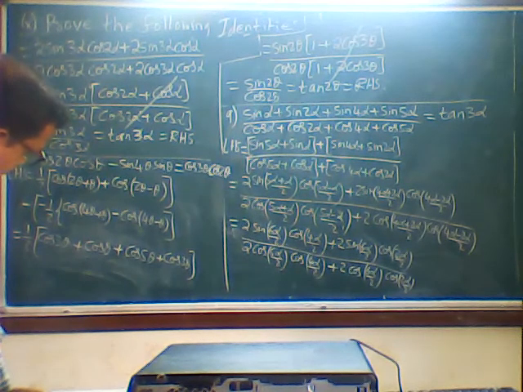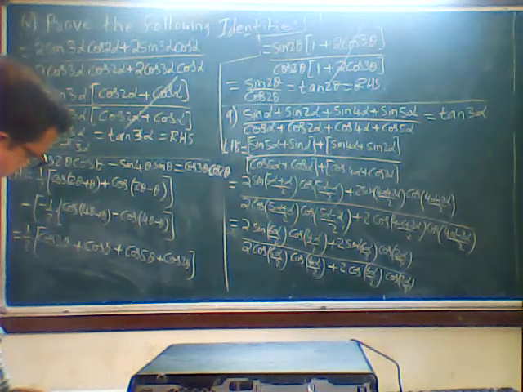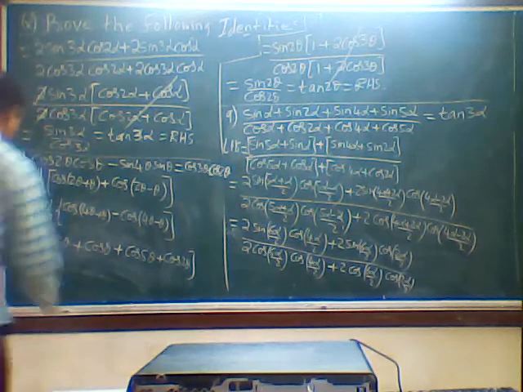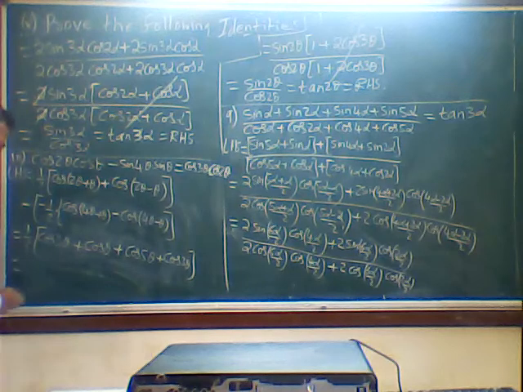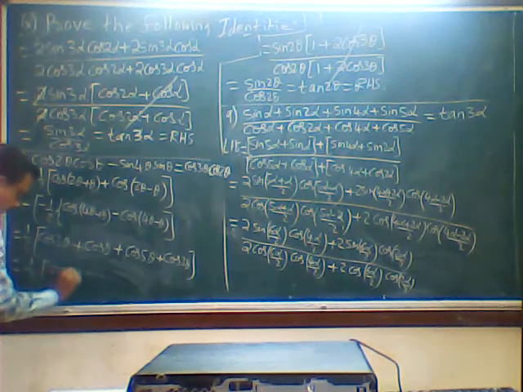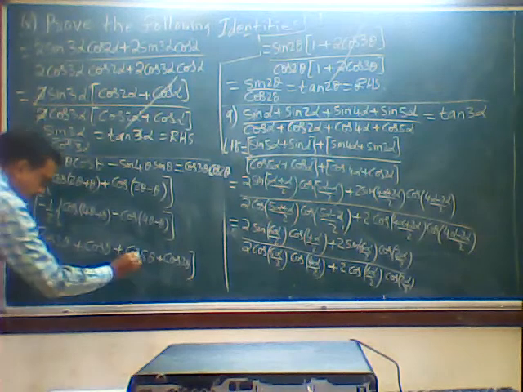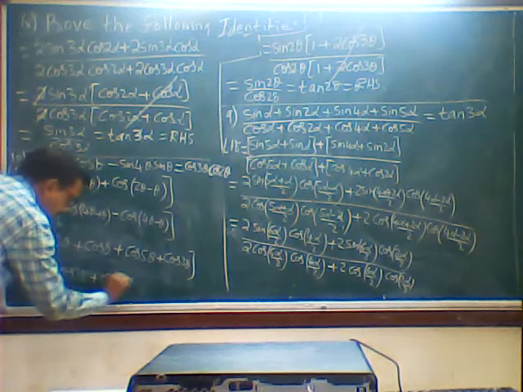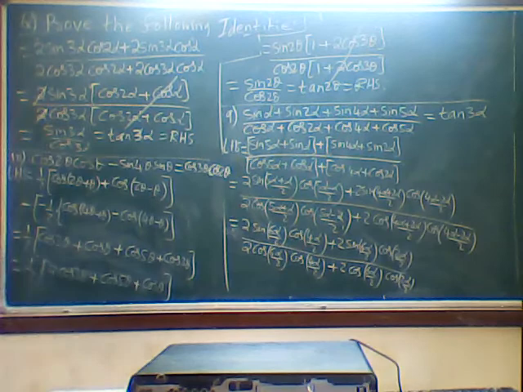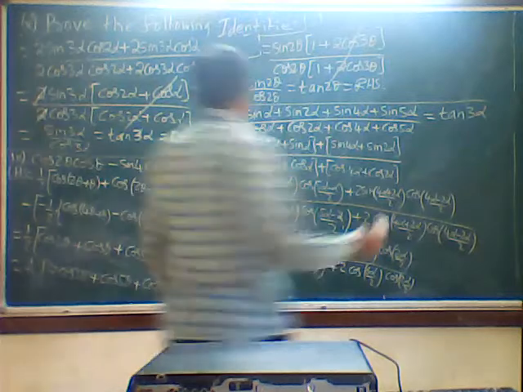Now we get 2 times cos theta, then cos 5, and 5 plus 1 is 6, 3. Again we still have to solve, the problem is not over. So now half, 2 times cos 3 theta, I write this one first, plus cos theta. Okay, again I will continue. Let's see what it is now.